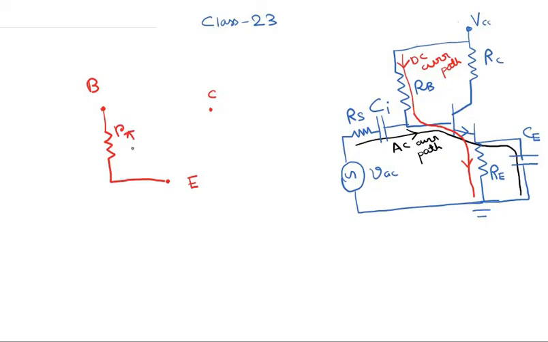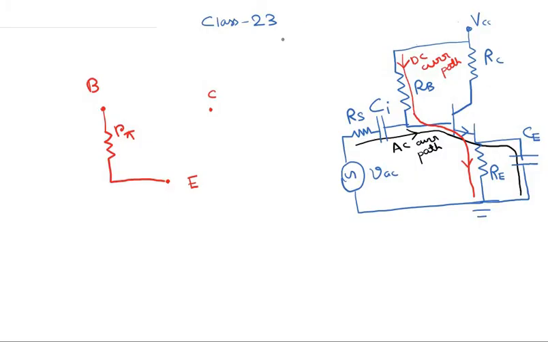Okay, and R pi is indeed equivalent to that of the small signal or diffusion resistance of the diode. You remember that at moderate to low frequency, the small signal or AC model of the diode is basically represented by a resistor, which is known as the small signal AC resistor or the diffusion resistor or the diffusion conductance. So this R pi here is really equivalent to the small signal resistance of the diode, because the base to emitter junction really behaves as a diode. So R pi is basically equivalent to the small signal or the diffusion resistance of the diode.